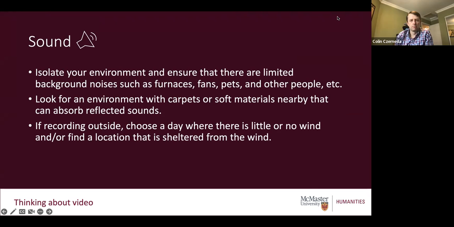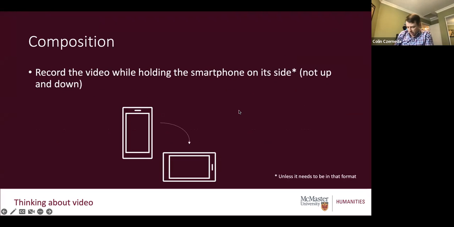Okay, good. Awesome. So I'm going to move on from sound and talk a little bit about composition. The first thing I'm going to say is, in most cases, it is better to record the video while you're holding